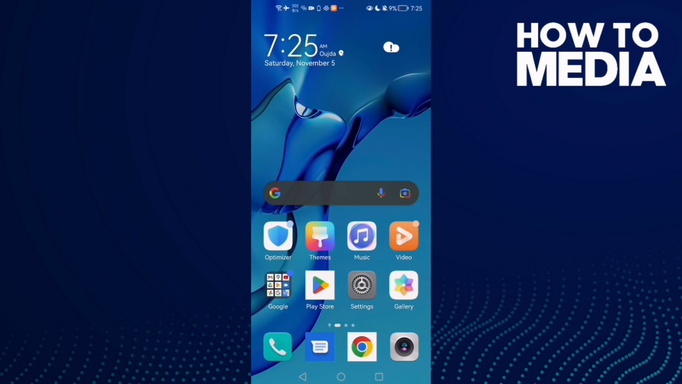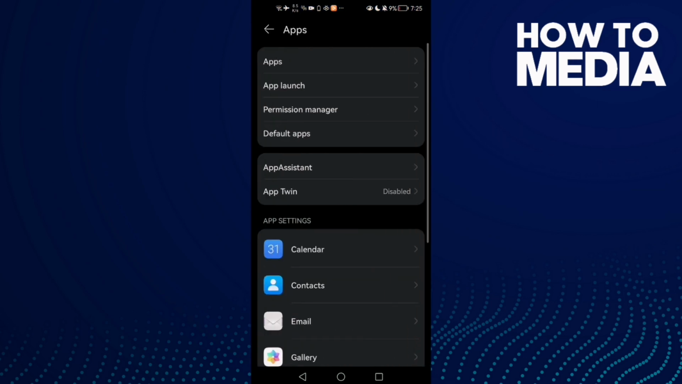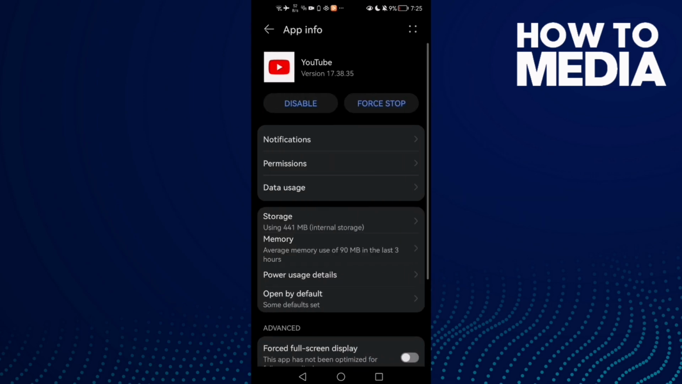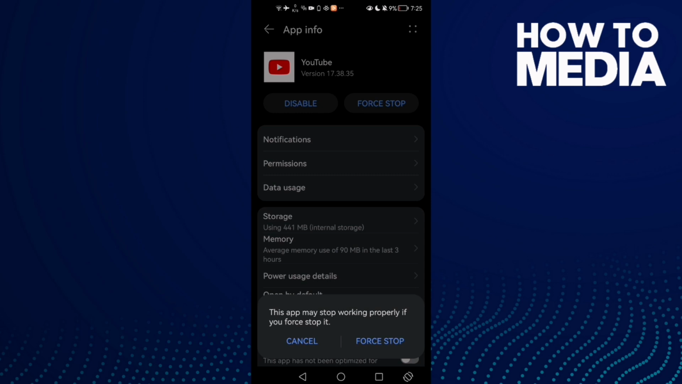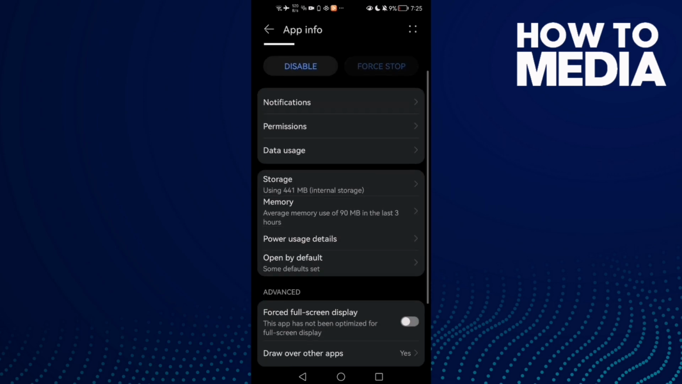First open settings, and then scroll down until you find apps, and then apps again, and here we'll find YouTube. Click on it. First click force stop and scroll down until you find the storage. Click on it